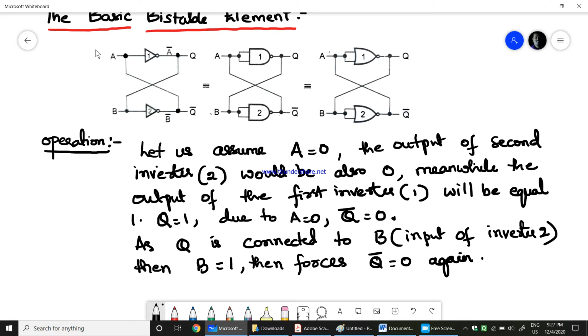So this continuous process of having the same bit values again and again will make this bistable element behave as a memory unit. Okay, this makes the bistable element behave as a memory unit. How many bits can it store? You are giving an input only 1, therefore you are assuming only A equals 0, so that A is forced to be 0 every time. Therefore this bistable element is used as a memory unit which can store 0 always, if you assume A equals 0.